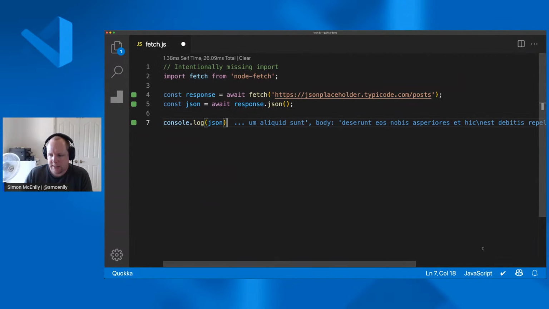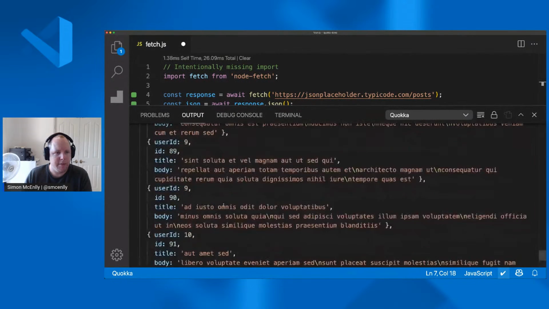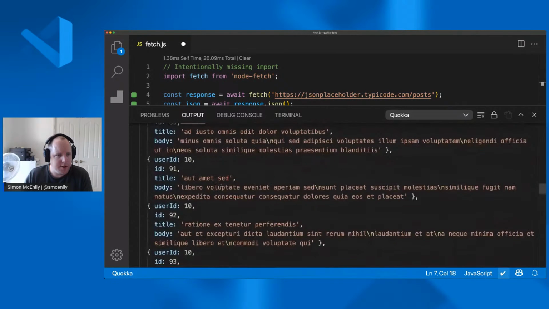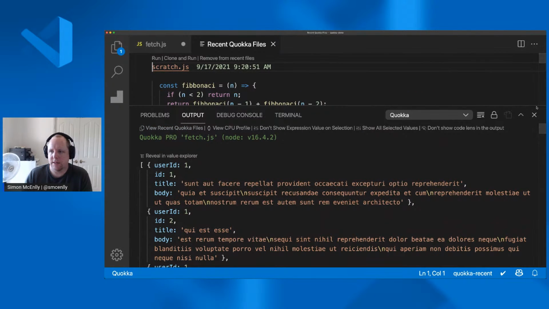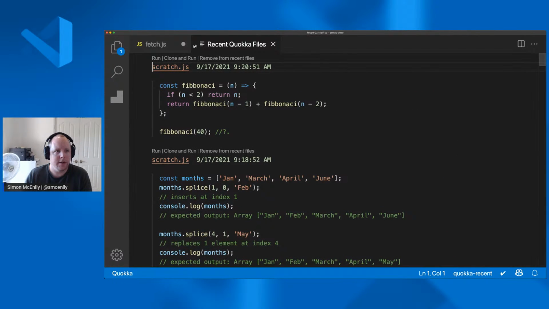One of the other nice things, so I'm going to just go back down into our little Quokka status bar indicator. So I'm going to click on the status bar to bring the output window back up. One of the other things that you could do is you can view recent Quokka files. So if you say view recent Quokka files, and again, I'm just going to close this window, you can see all of the files that you've recently run, and you can quickly run them again.